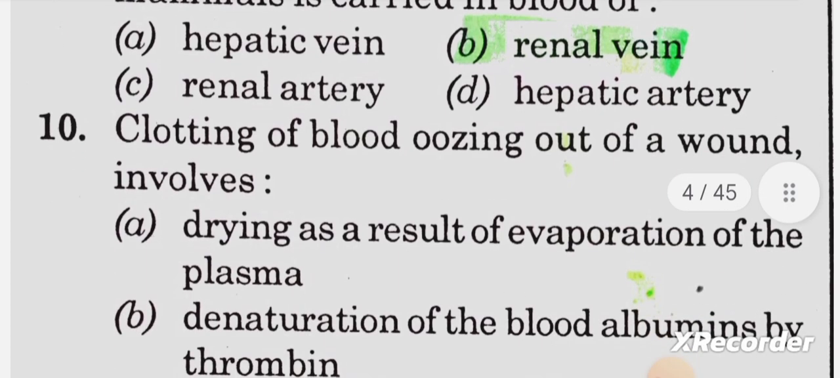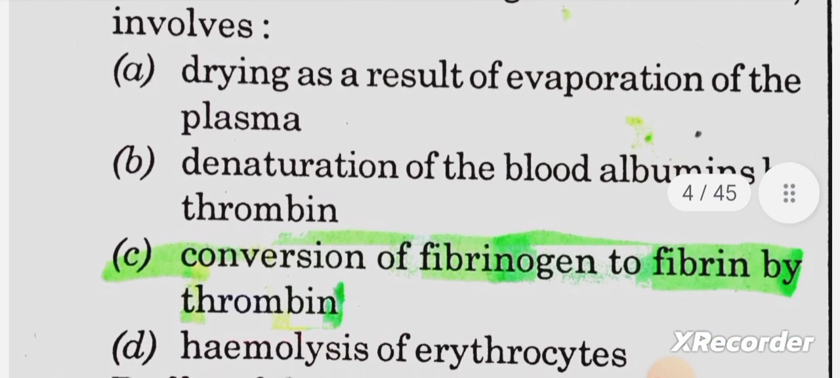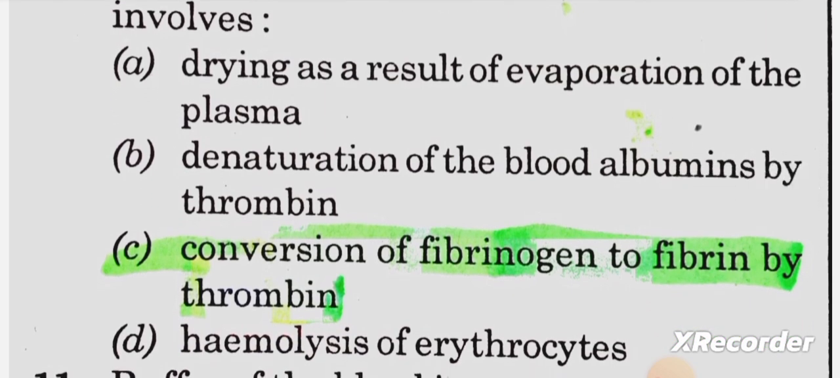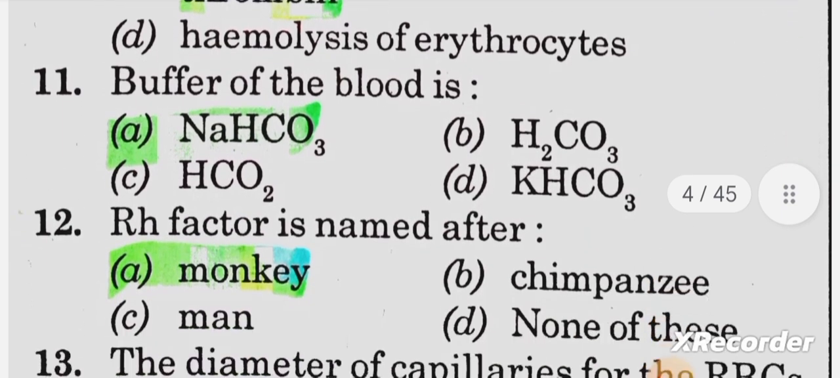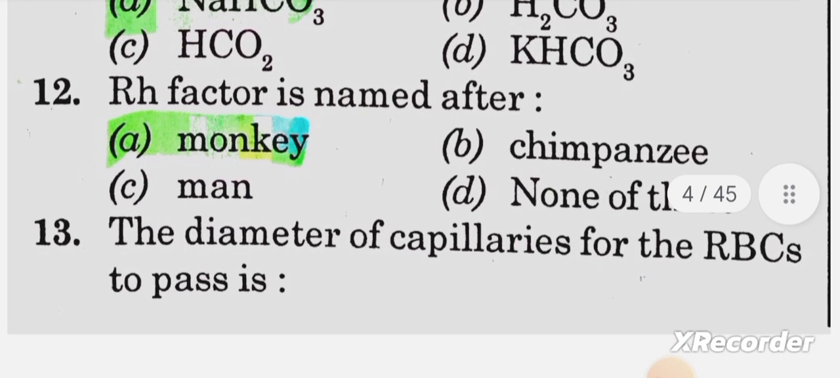renal vein. Next, tenth, clotting of blood oozing out of a wound involves answer C, conversion of fibrinogen to fibrin by thrombin. Next 11. Buffer of the blood is answer A, NaHCO3. Next 12. Rh factor is named after answer A,